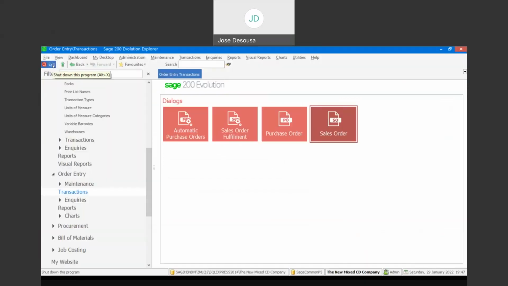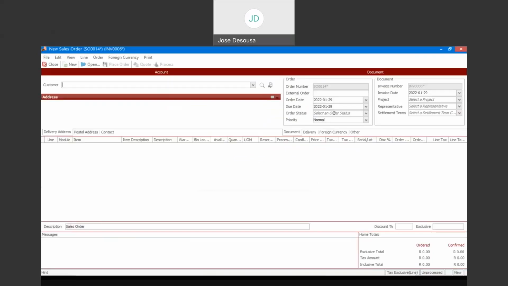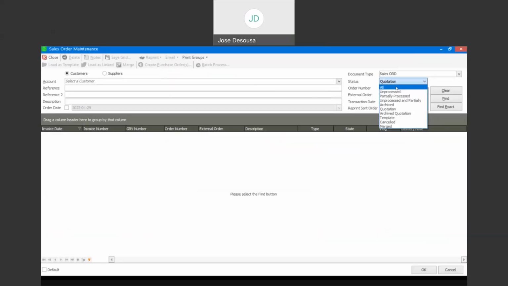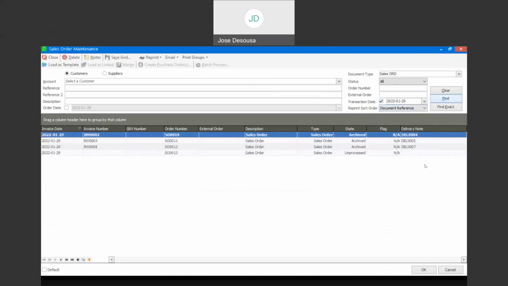Now, finally, I can then convert the sales order into a sales order invoice. So when the goods are being delivered to the customer, I'm going to generate the invoice. I'm going to say sales order, open sales order, specify the transaction date, and you'll see that I now have an unprocessed sales order. There's my sales order number. So I select the unprocessed sales order,